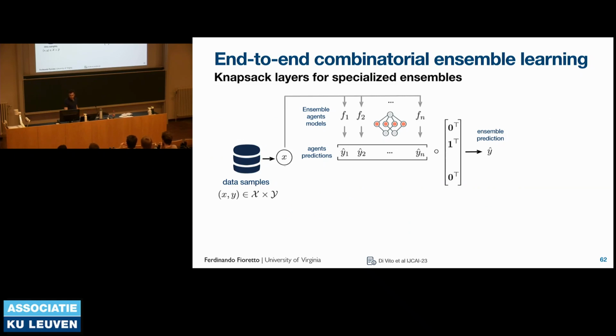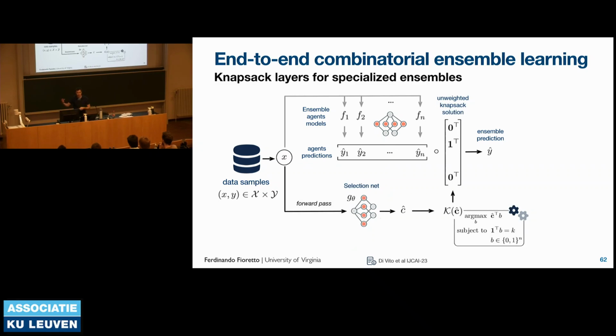What we proposed here is that, well, if you see this problem here, you see the setting. If you're an optimizer, what you think about is the following. So I have a list of predictions, right? And I need to select a subset of them so that they're optimal with respect to some criteria. So, I mean, this is a subset selection, right? And so you can now frame this problem as a subset selection or a knapsack layer.